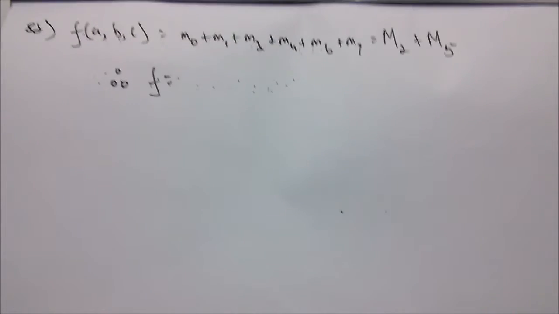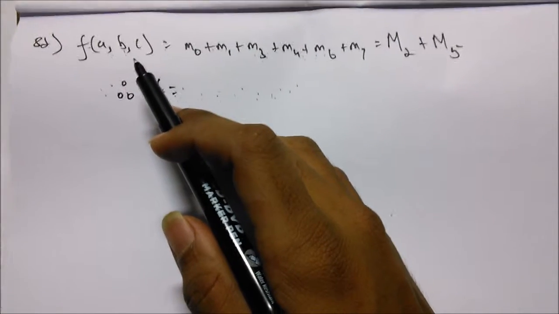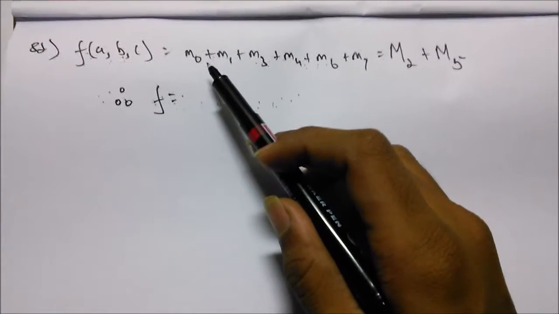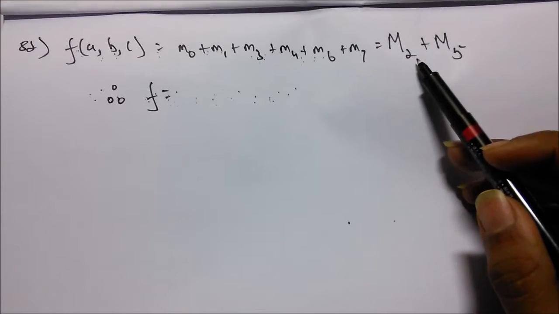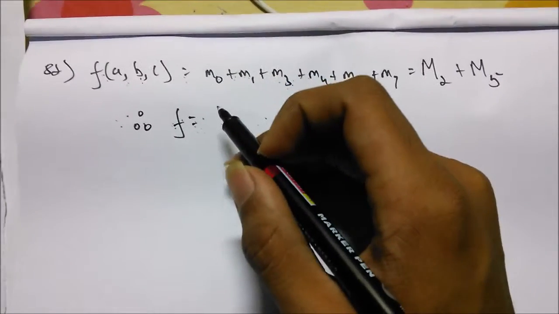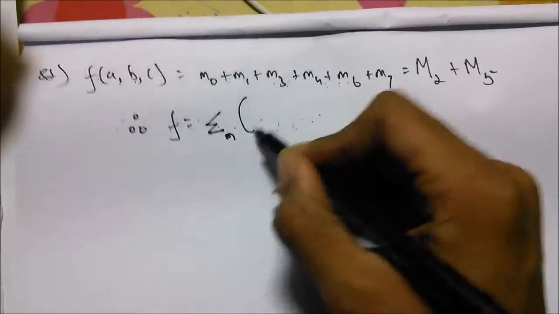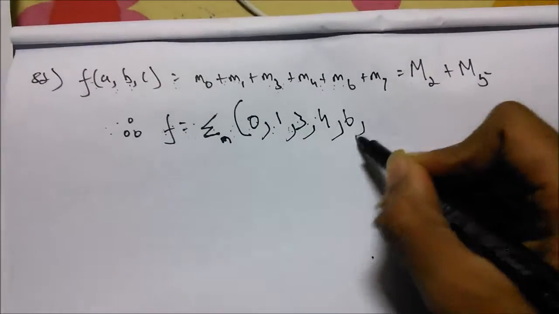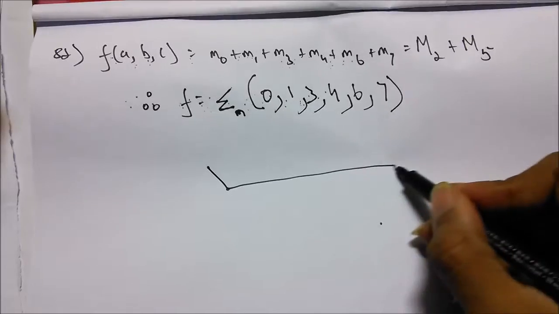Now in this question, we are asked to prove the following. We are given that a function f, which includes the variables a, b, c, is the sum of the min terms of 0, 1, 3, 4, 6, 7 must be equal to the sum of the max terms of 2 and 5. So now this can be written as summation of min terms of 0, comma 1, comma 3, comma 4, comma 6, comma 7. Now plotting this on a K-map, we get,